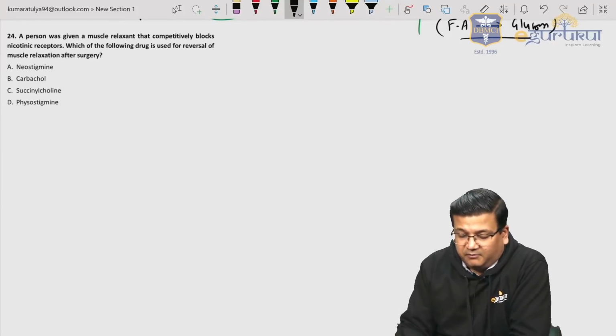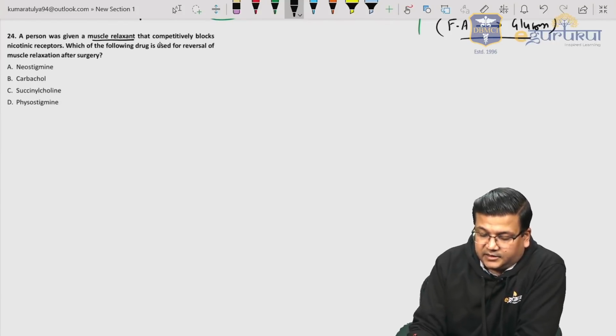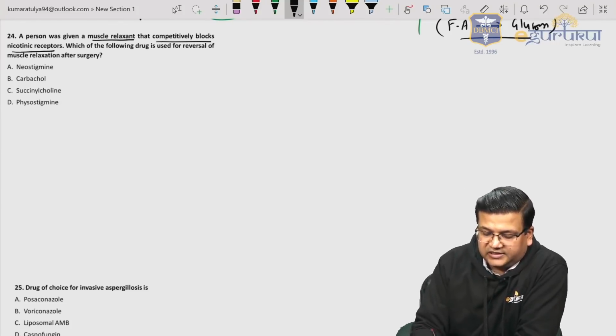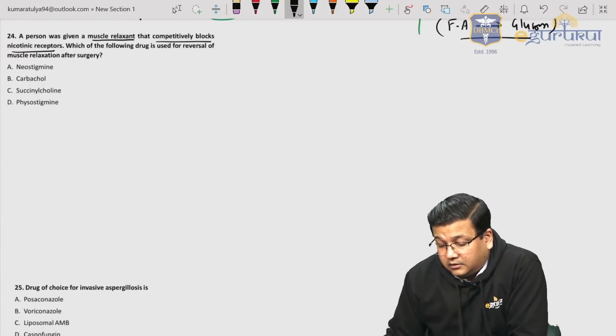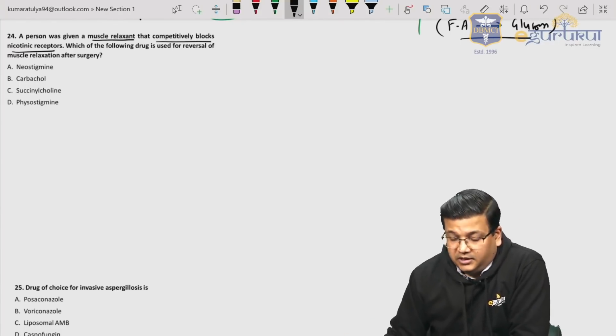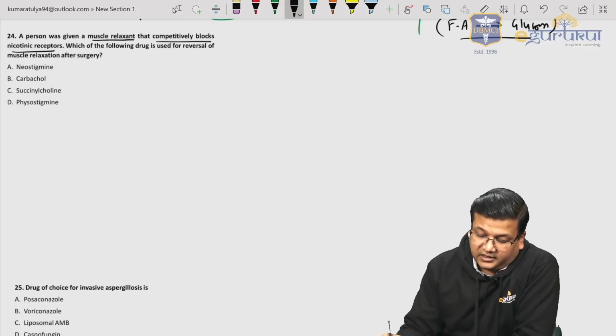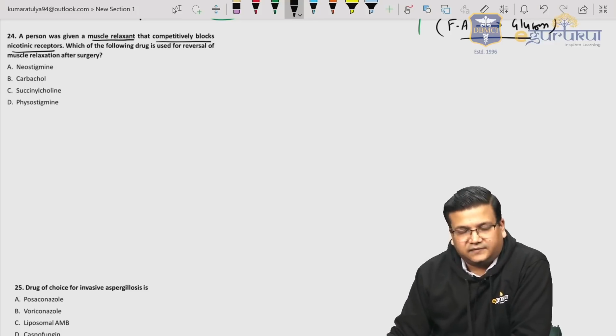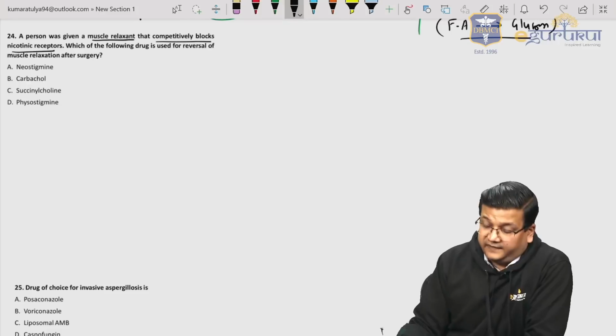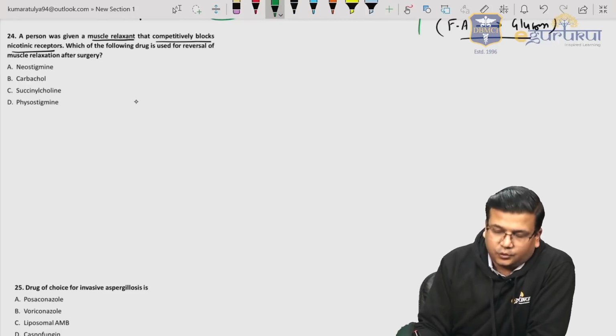A person was given a muscle relaxant that competitively blocks nicotinic receptors. So we are looking at a competitive or non-depolarizing muscle relaxant. Which of the following drugs is used for reversal of muscle relaxation after surgery? So this is again a fact-based, simple question. We have two kinds of muscle relaxant: